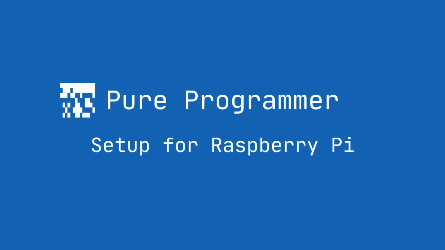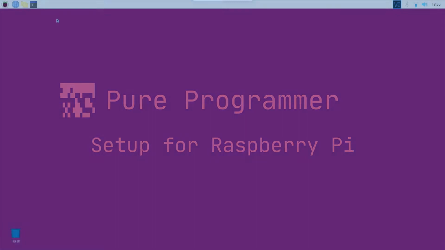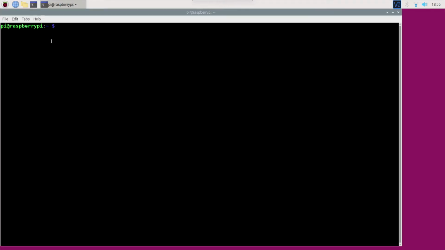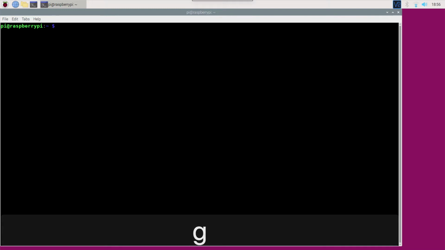In this video, I'm going to show you how to set up your Raspberry Pi with the languages that we use on the pureprogrammer.org website. First, you'll need to bring up a terminal window and check to see what languages are already installed with your Raspbian distribution. For example, the GNU C++ compiler, we can check by typing in g++